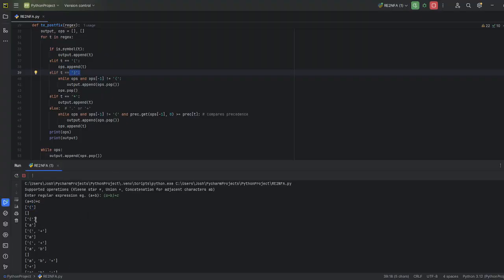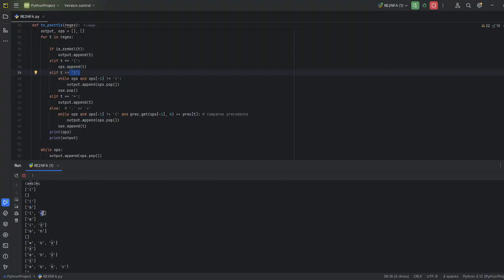As you can see here, it detects A, and it will just append it directly to the output list. And it detects the plus, but it also has to find the right side of that plus first. So it finds B, and after it finds B, it will now append the operator.